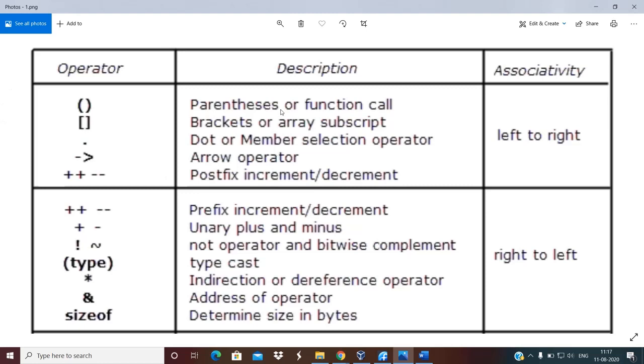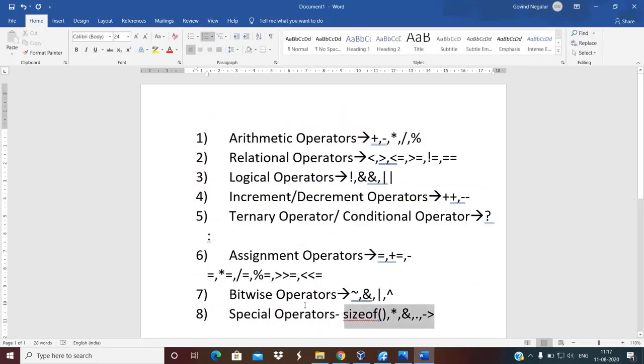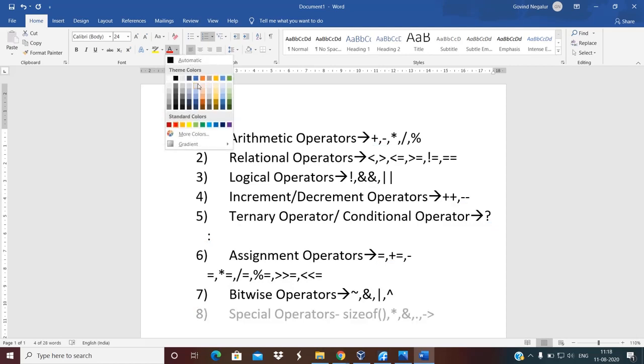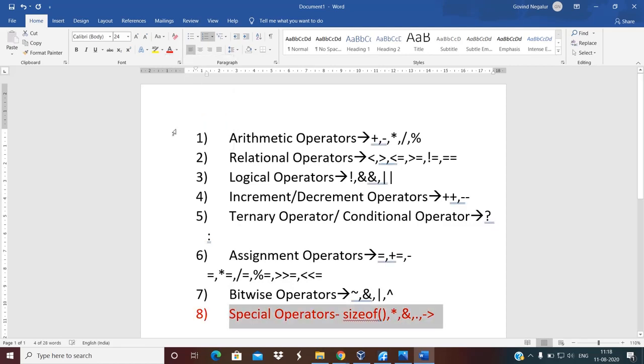These parentheses, subscript operators, dot, arrow, increment, decrement, sizeof, typecast, most of them have the highest priority. So that's why I have marked them with a different color. Okay, so these are some of the logical categories of the various operators available in C, right?